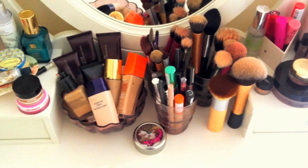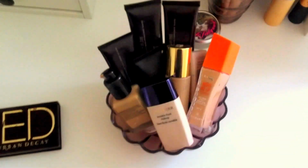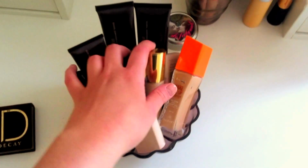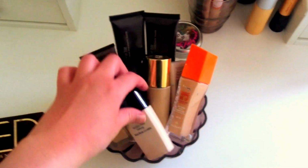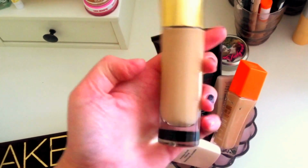Okay, so in the middle here I have my little bowl of foundations. This is just a little glass bowl from IKEA again. And these are the foundations that I'm currently using at the moment. So I've got my Laura Mercier tinted moisturisers, Laura Mercier Silk Cream Foundation, a Double Wear in there, Estee Lauder Invisible Fluid Makeup, a Jemma Kidd one, oh the new, what's this called, the YSL Touche Eclat Foundation, which